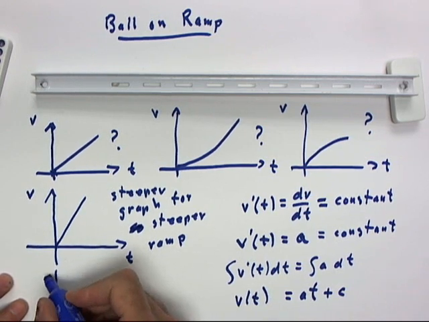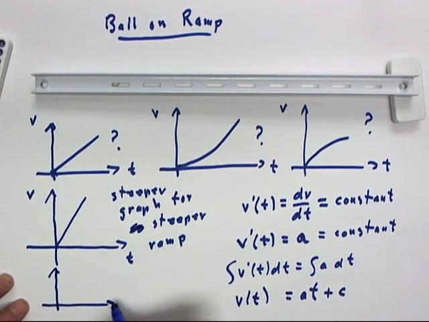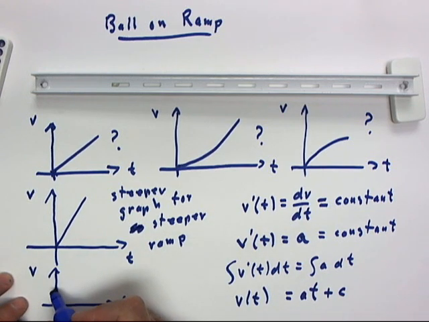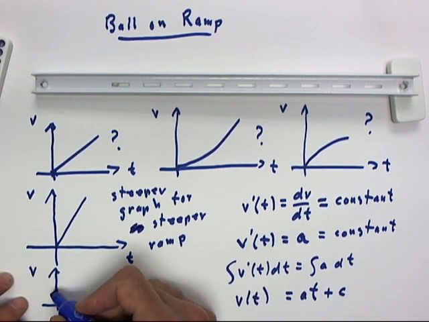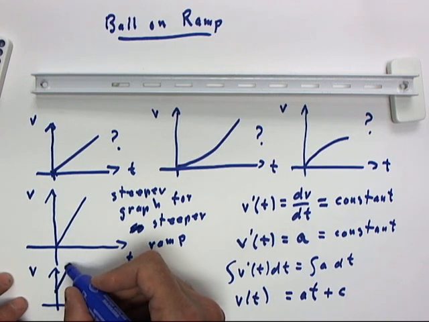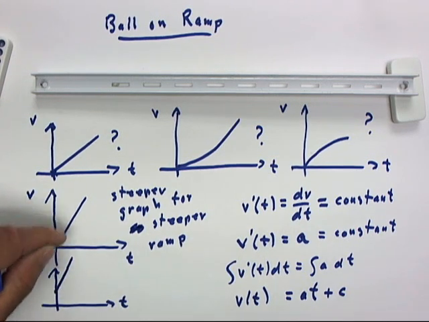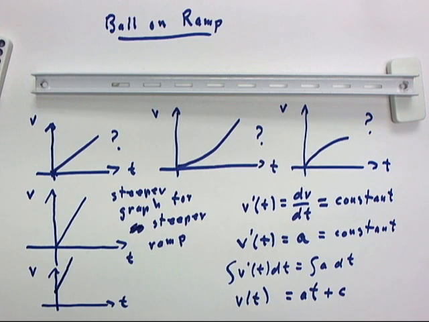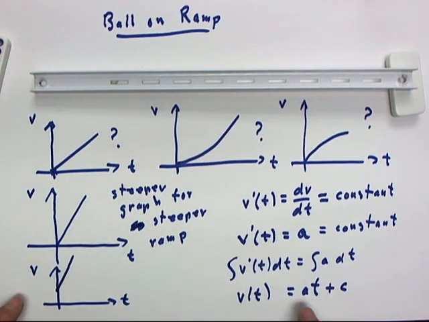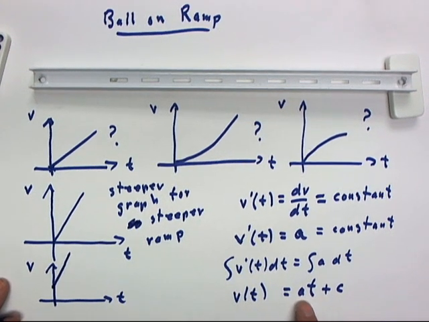So if we were to graph our velocity versus clock time for the situation we just saw, our velocity would start at some non-zero value and increase along the same slope as it would if we started from rest. That is, our value of a would be the same, but our constant c would be different. And we would be able to